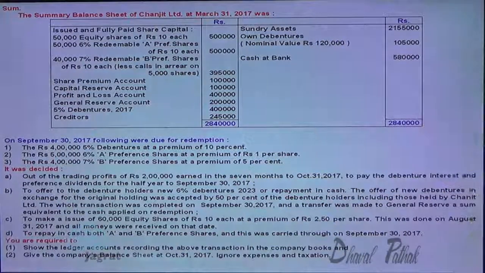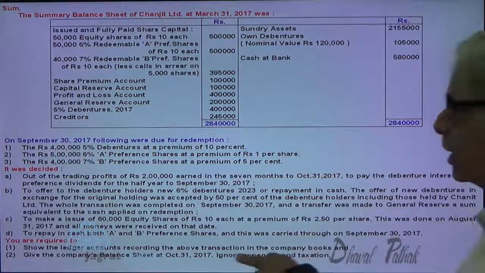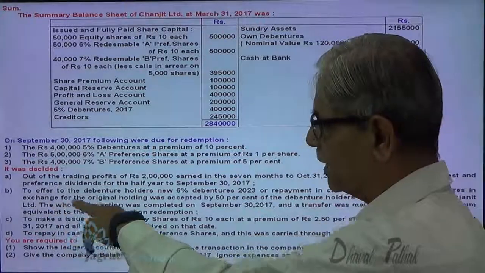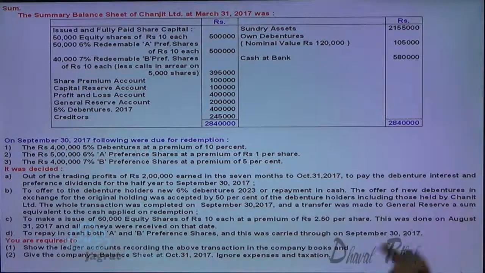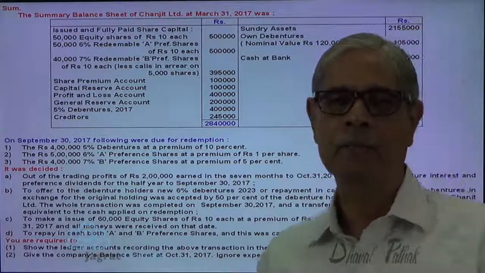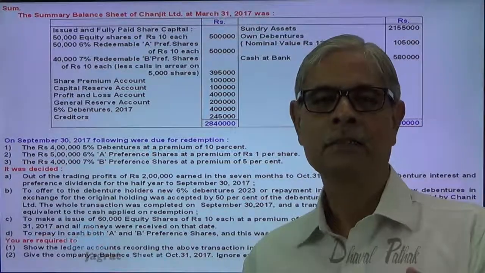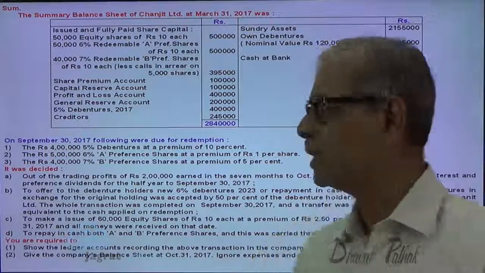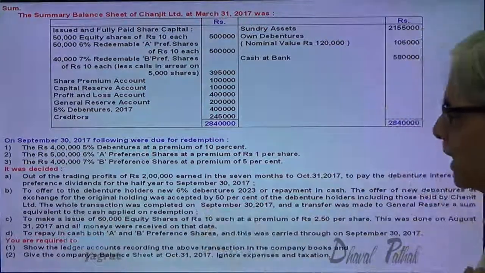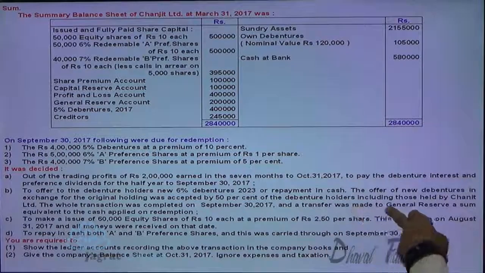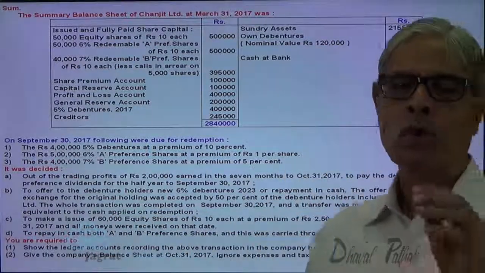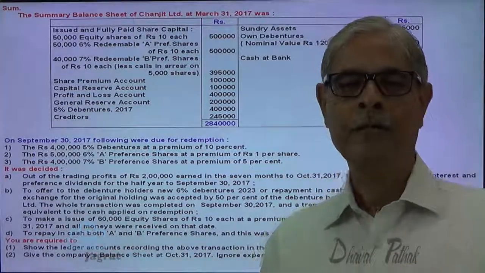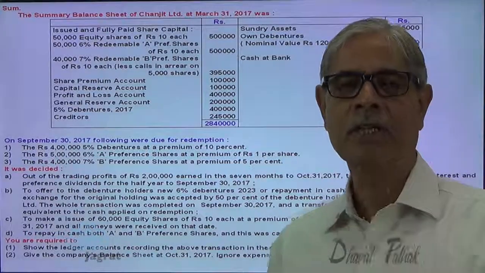To offer the debenture holders a new 6% 2023 debenture or repayment in cash, the offer of new debenture in exchange for original holding was accepted by 50% of the debenture holders, including those held by Changes. So investment in own debenture, for which we have accepted the conversion of old debentures to the new debentures. The whole transaction was completed on 30th September 2017 and the transfer was made to general reserve, a sum equivalent to the cash applied for redemption. So half the amount of debentures are redeemed by payment of cash, and to that extent amount is transferred to